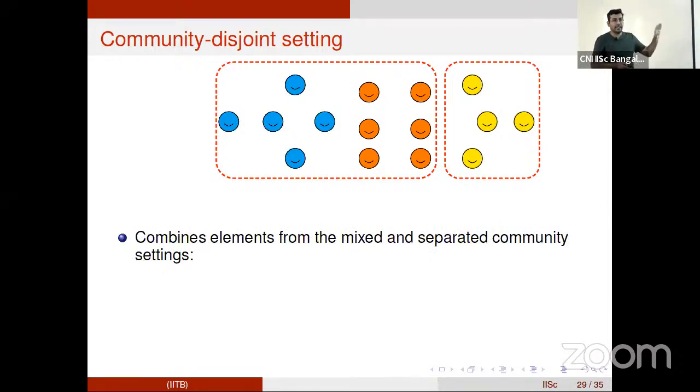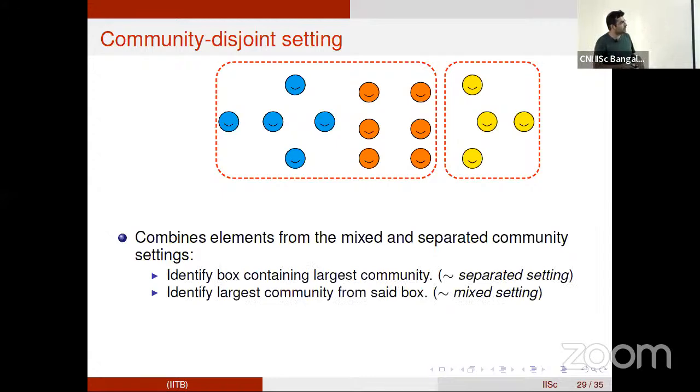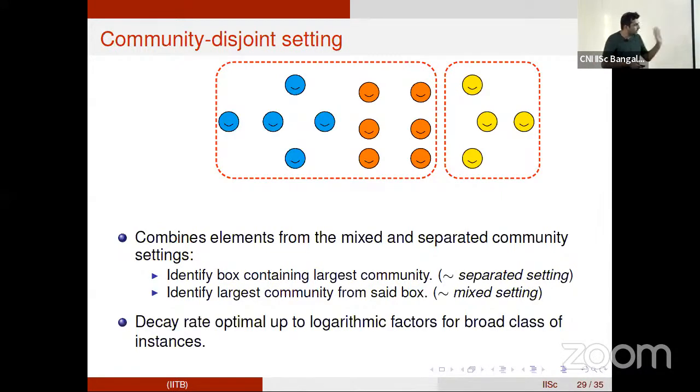This combines elements from both the mixed and the separated settings. The separated setting is helping us decide the box which contains the largest community, and at the end, you have identified the box, and there are multiple communities within the box. So this is like the mixed community setting, to decide amongst them. And again, we find the decay rate to be optimal, but the result is, admittedly, weaker.